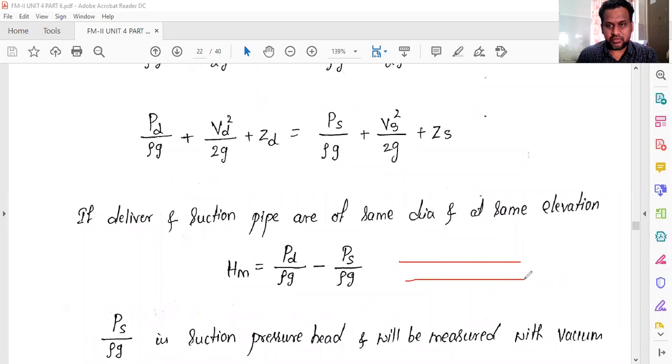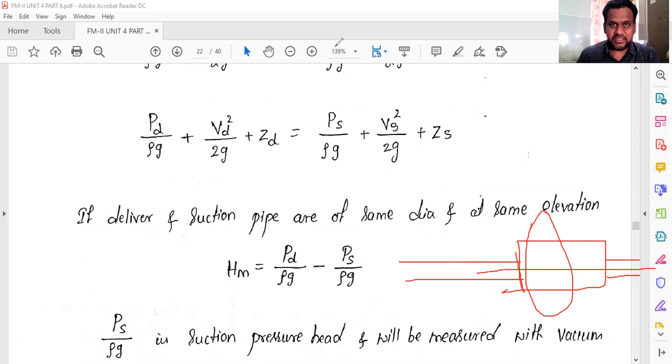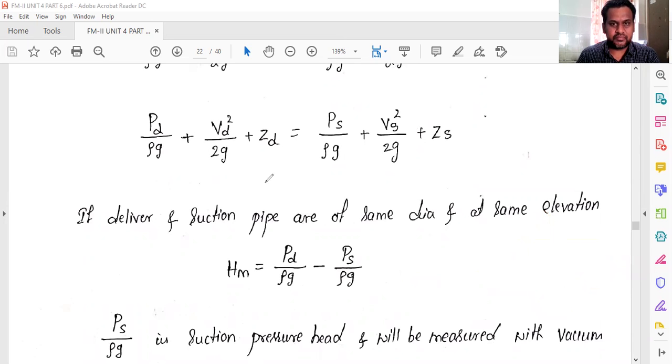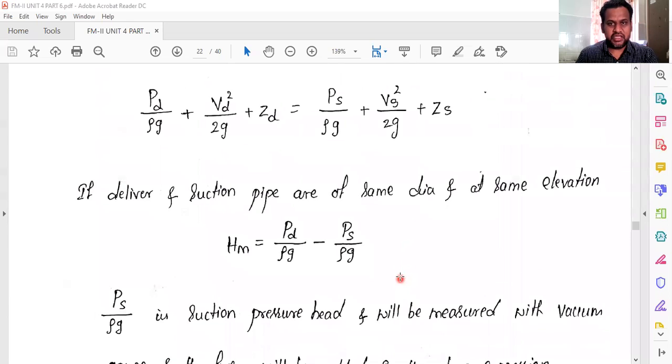But suppose it is like this: this is the suction pipe and there is the impeller, and this is the delivery pipe as well. So both are at the same level. In this case, when both the delivery and the suction pipe diameters are the same and both are at the same elevation, then obviously